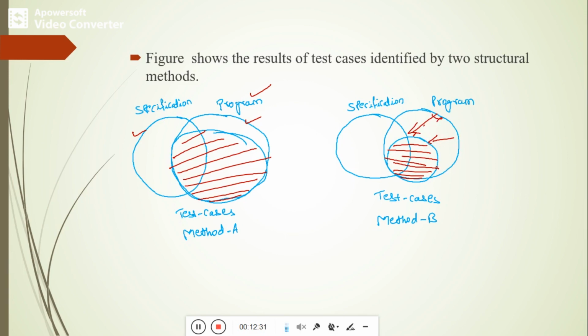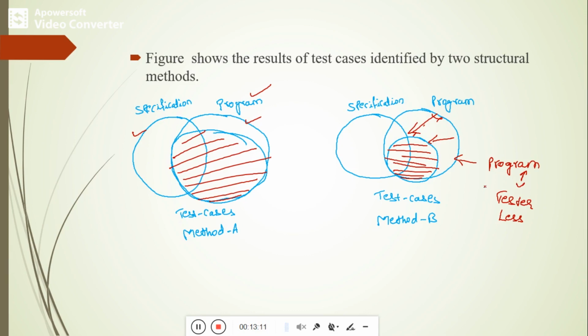This kind of case occurs when the program implementation is not clearly understood by the tester, so the tester will write fewer test cases for that program. So now you can see method A identifies a larger set of test cases than method B. For both methods, the test cases are completely covered within the program behavior. Clear? So this is about structural testing.